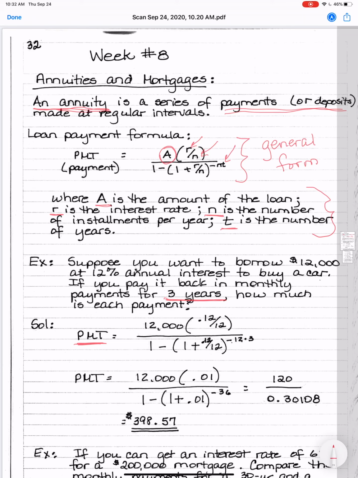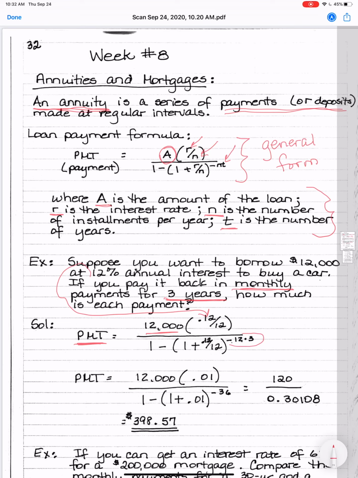But we know the amount that we want is $12,000. 12% comes from right here, and we have to always use the decimal form, divided by 12, because you're going to make monthly payments. And that whole thing is divided by 1 minus 1 plus 0.12 over 12